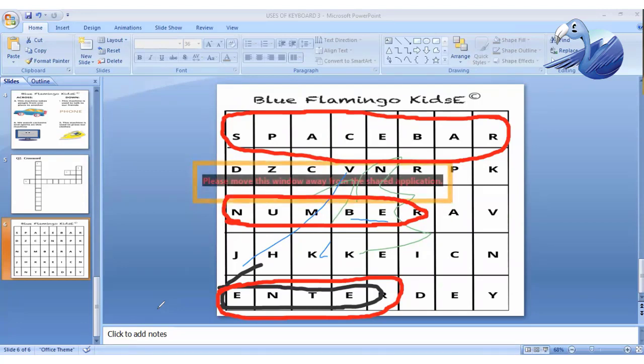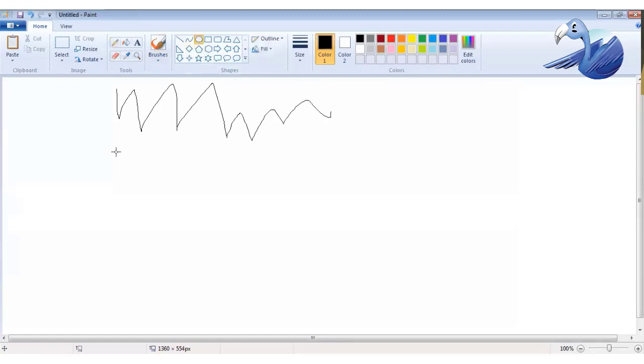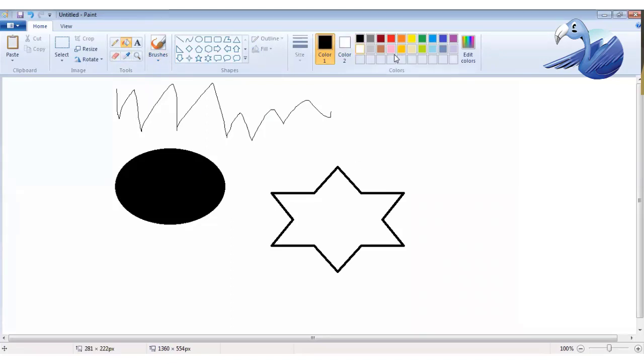Okay, yeah. See my screen. Thank you. So, see, students, how to draw. We can use these shapes, and the pencil is here. If you want to draw something with the pencil, you can draw. And if you want to use any shape, you can use it. And if you want to fill something with any color, you can do that also.